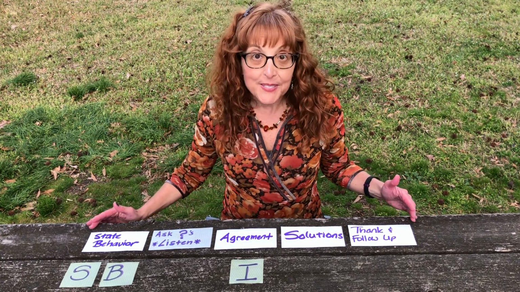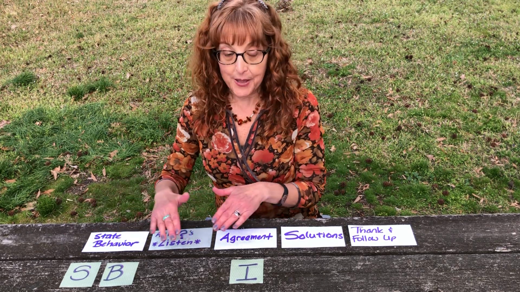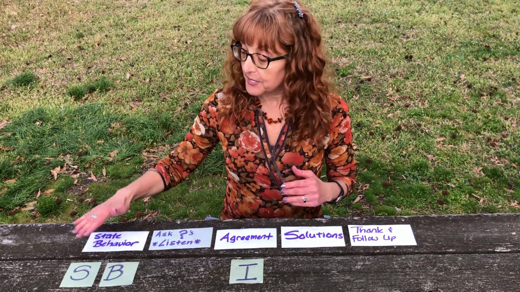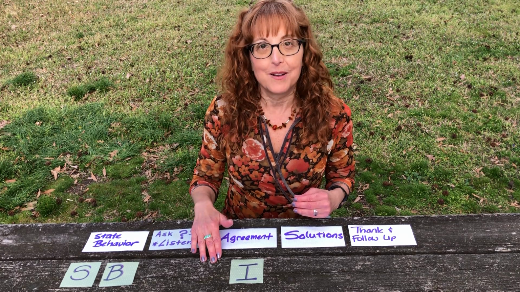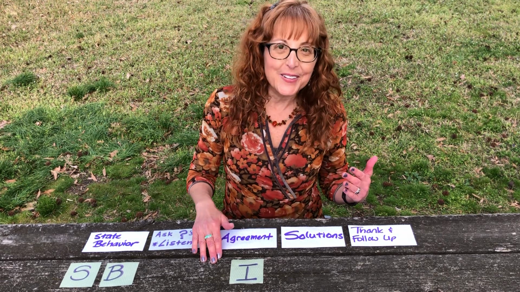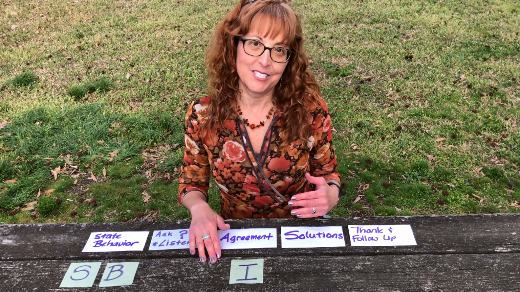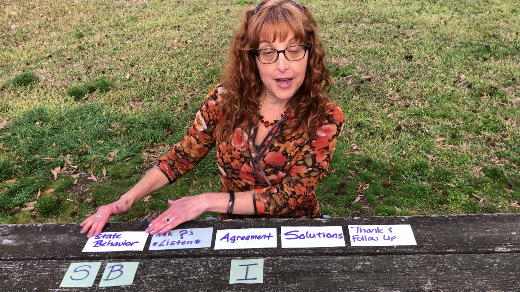So there are 5 steps to coaching your employees. I'm including in this model the SBI. SBI stands for Situation, Behavior, and Impact. It's my favorite feedback model. It comes from the Center for Creative Leadership, and I did a different video about that I'll link in the description. So step 1, you state the behavior backed by facts.